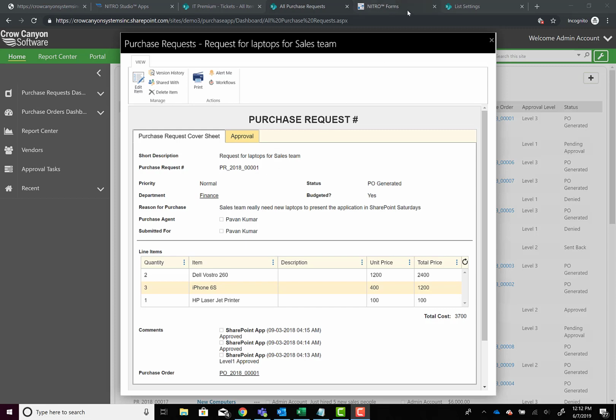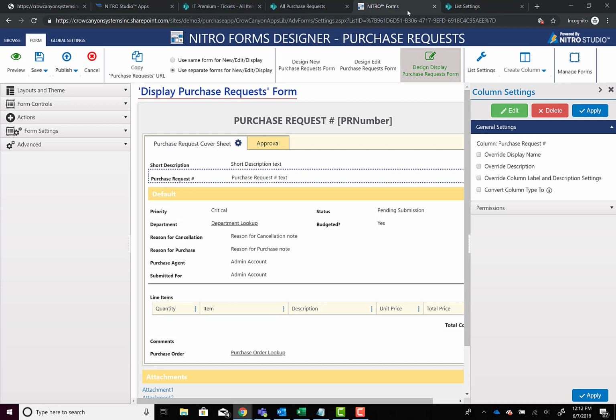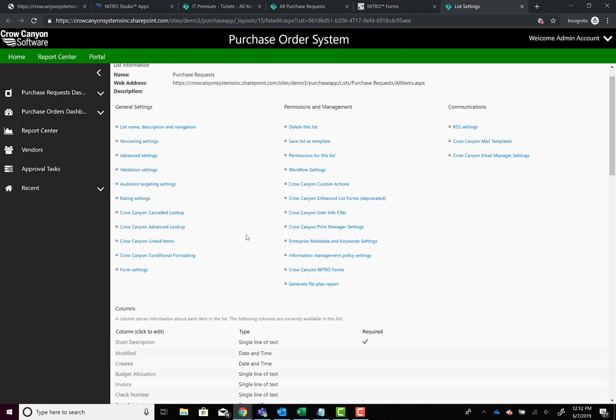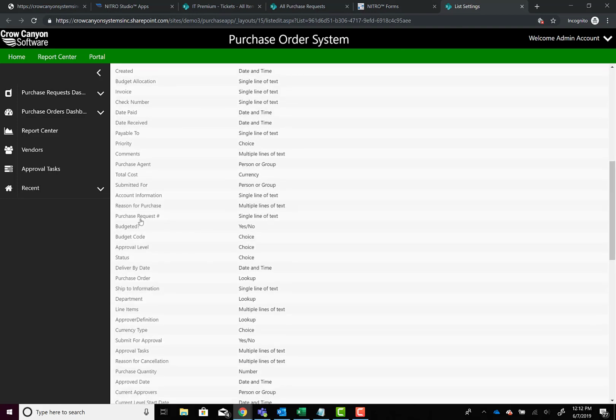To do that, we simply go to the Nitro Forms tool and edit the form. And when I look at the purchase request number field, you'll see I've already pre-populated it with this PR number. So that's actually the internal name of the field I want to reference. And we get to that by going to the list settings. So you can click list settings here, open that up, and click on the purchase request number field,